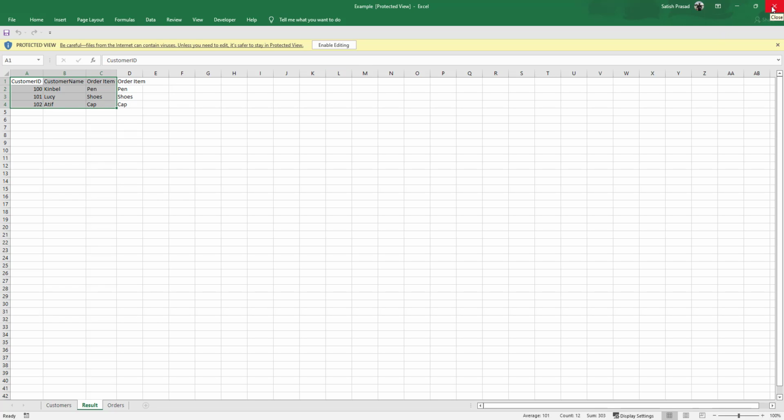So here is one more thing that you need to learn. Before writing data, you need to make sure that you are not overwriting the data. You need to be careful because Excel will not give you any warning. Whatever range you give, it will override those values. So you have to be careful with this.